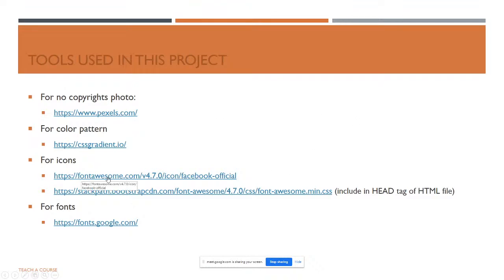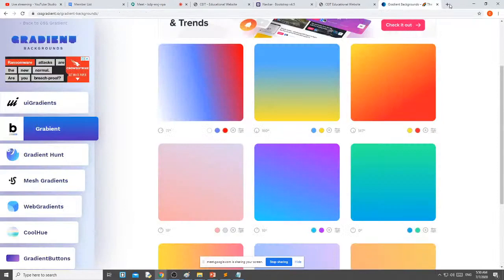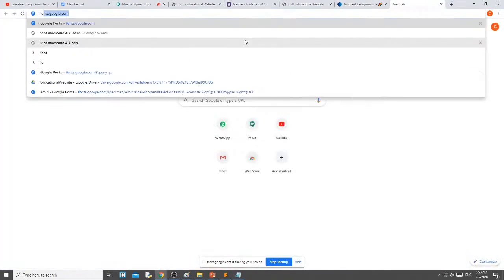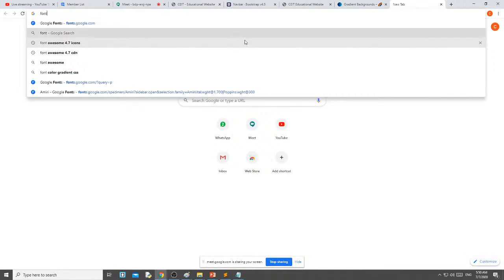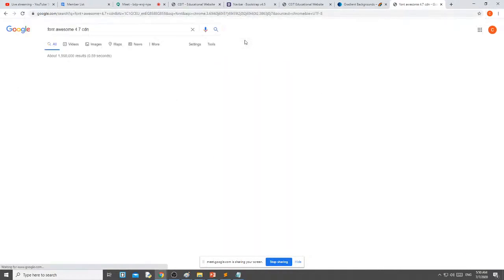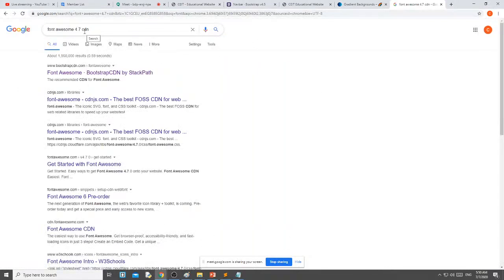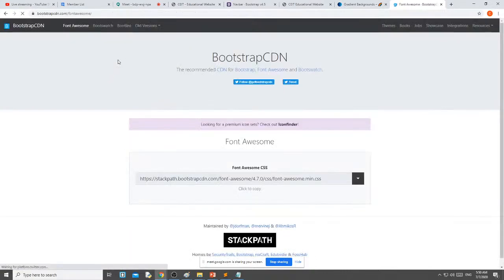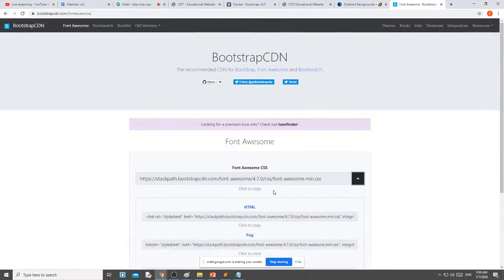But to use Font Awesome, first you need to include this particular path inside the head part of your HTML file. See, here just search Font Awesome 4.7 CDN. 4.7 CDN. Okay, and click the first one and copy this.